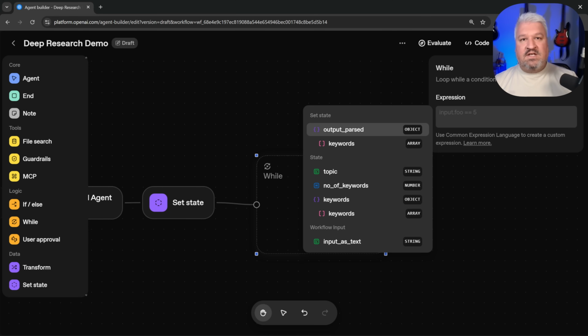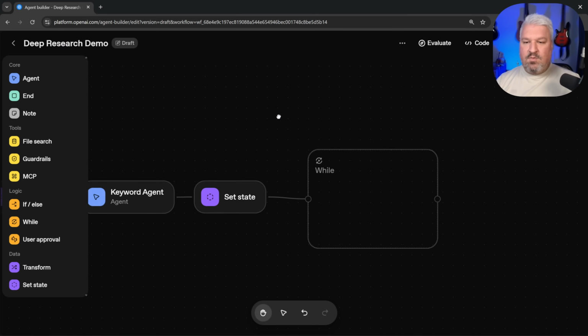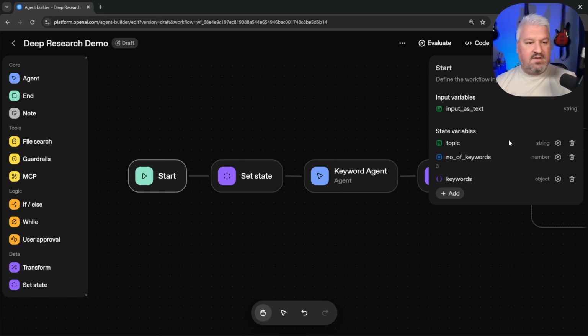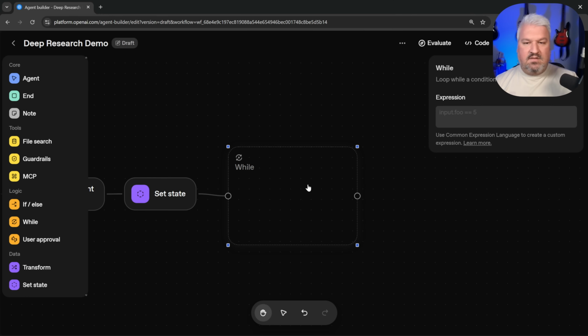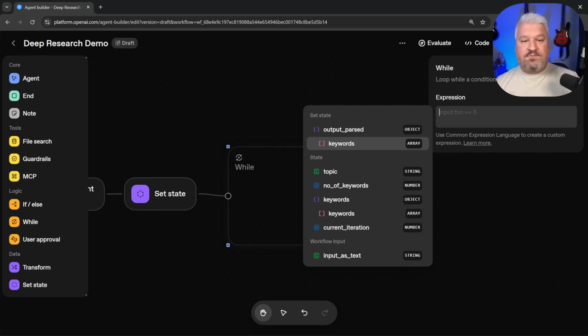So what we'll do is keep track of the current iteration and increase that value until it's equal or less than the maximum amount of items in our array. It's similar to a for loop if you're familiar with programming. So what we can do is go to our start node. Let's add another value to state. This will be a number, and let's call this current_iteration. By default, this will be 0. Then let's save this. Then let's click on our while node, and our expression will be